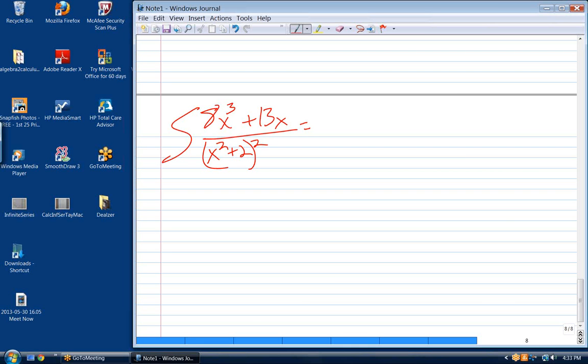And notice that we do not want to factor that numerator. If we factored it, we'd just have to redistribute it if we're going to try to solve this using partial fractions. So this denominator